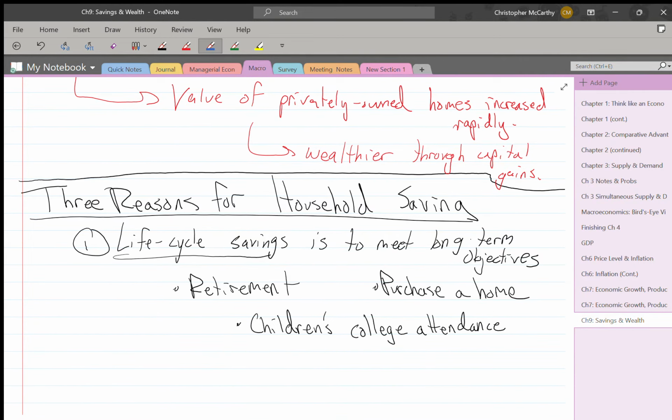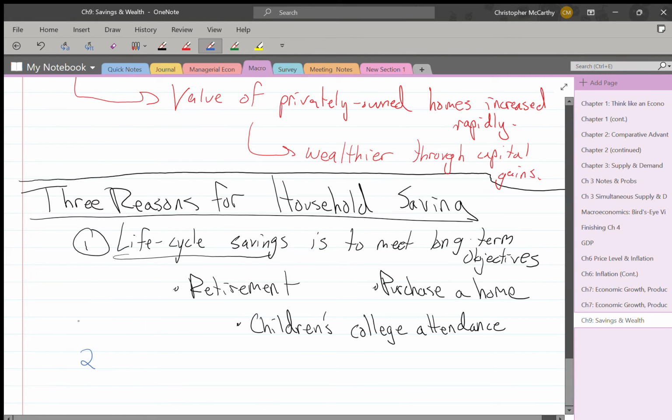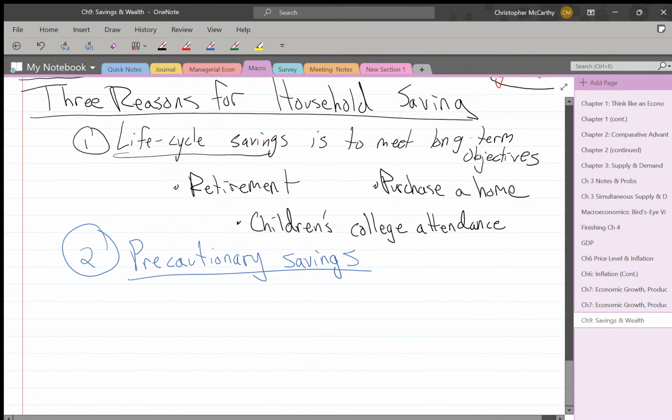We may want to save for precautionary reasons. So this is for protection against setbacks. What do we mean by setbacks? So if you have a loss of a job, if you have a medical emergency,